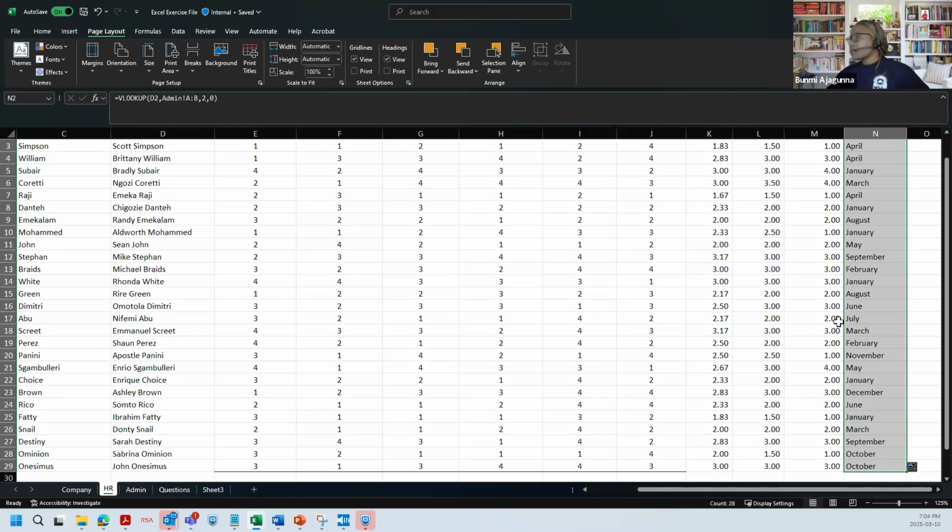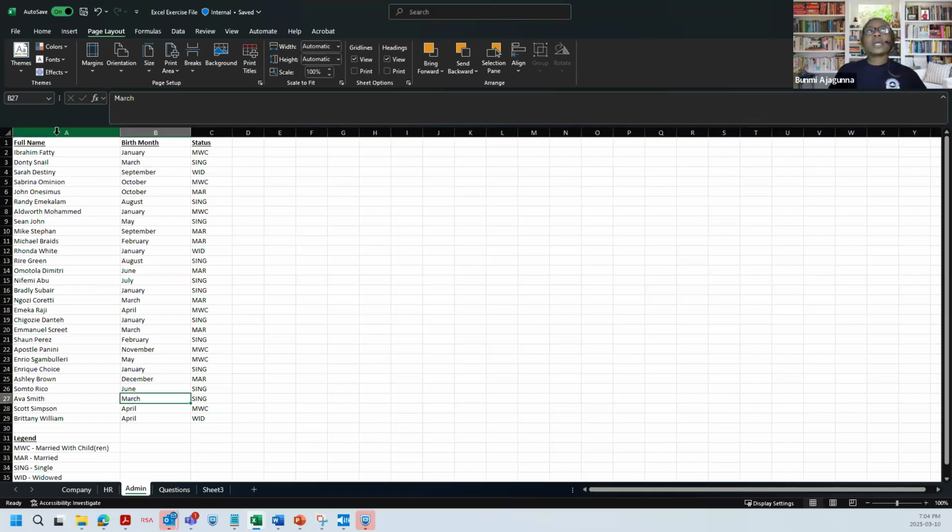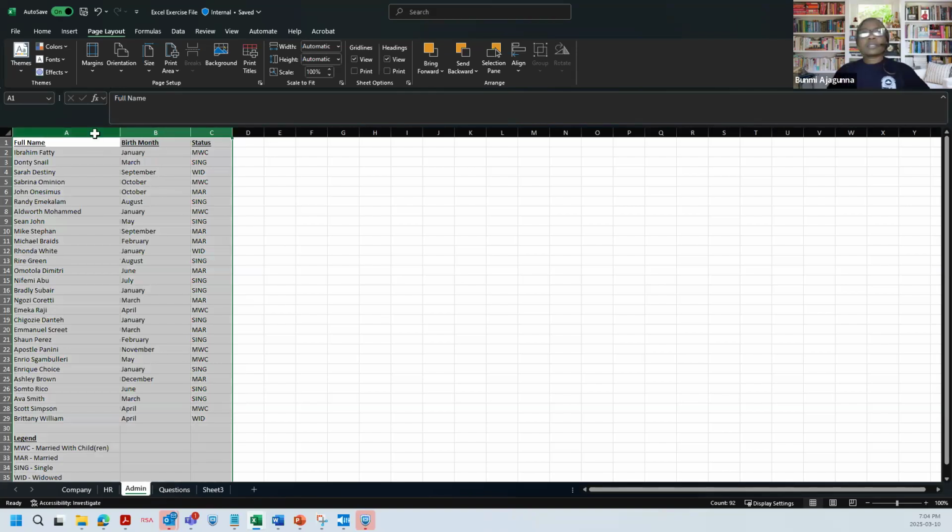Okay, next. Somebody says explain the 2 in the formula. Now, for a better understanding of the 2, I will do 3. All right. The 2 in the formula just says the second column. Remember when I said when you do a VLOOKUP, you make sure that the unique identifier is the first on that column, and then you look up the others. So this unique identifier will be column 1. This will be column 2. This will be column 3, right?